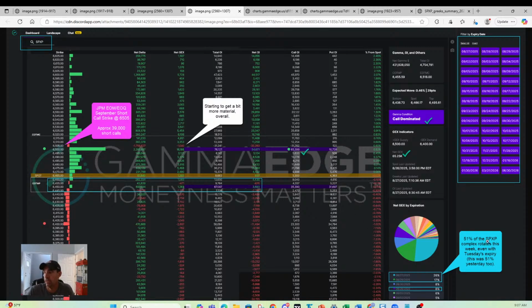Quick annotation down here, 51% of the SPX rotates this week, even with Tuesday's expiry. So where this money gets deployed after expiry will be important to plot our course on out in time. So we have the SPXA that's plotting our longer term course for our monthly and quarterly. And then we have the SPXP that's plotting our daily to weekly course. So again, we like to see a convergence of both of those, really pointing in the same direction, so we have confidence in the overall market and structure.